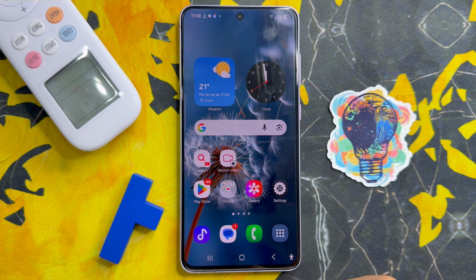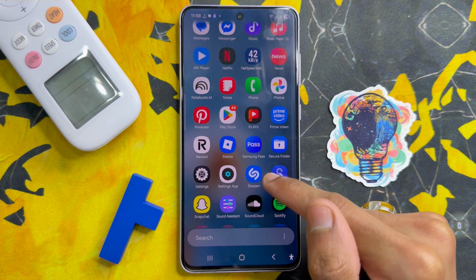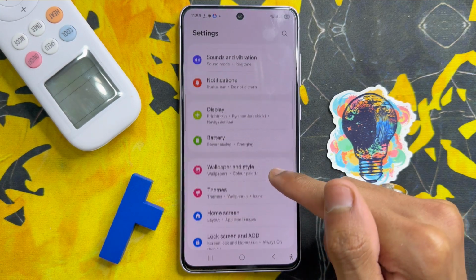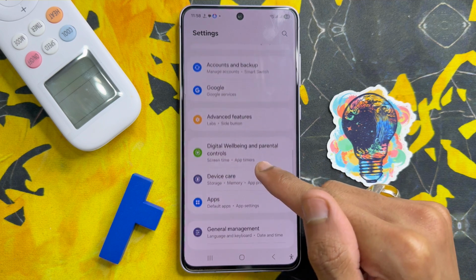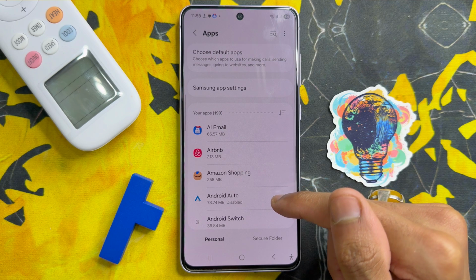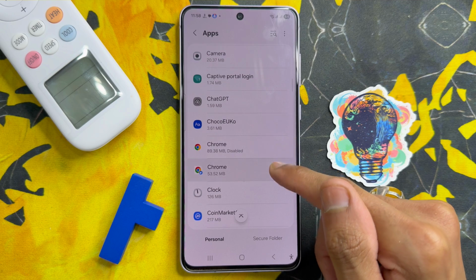But if it does not solve, go to the app library. Here click on the settings app. Now in settings, scroll down and click on apps. After clicking on apps, scroll down and search for the contacts app